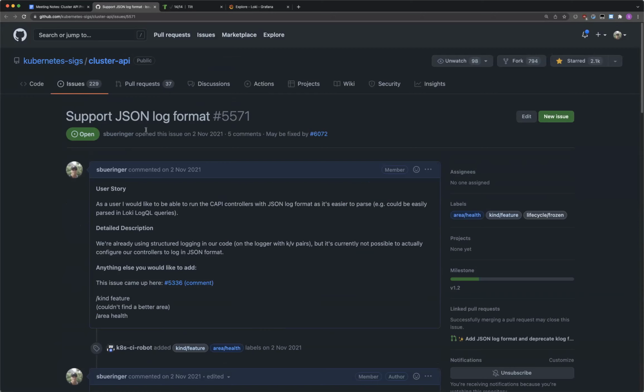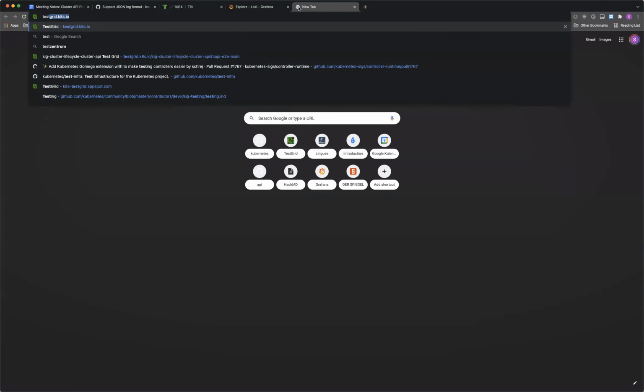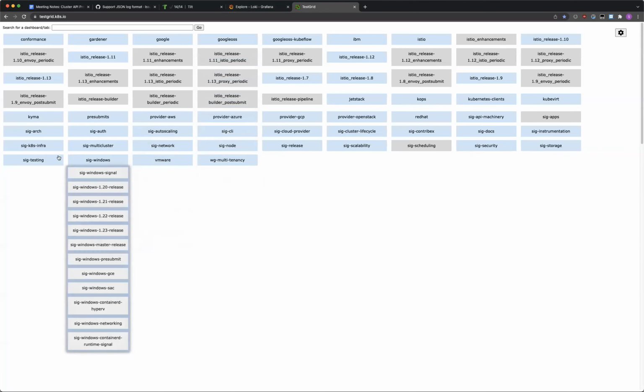That issue is about logging in JSON format. First of all, why should that make sense? If you try to parse those logs in tools like Kibana or Loki or somewhere else, usually you have to figure out a way to parse our regular logs.